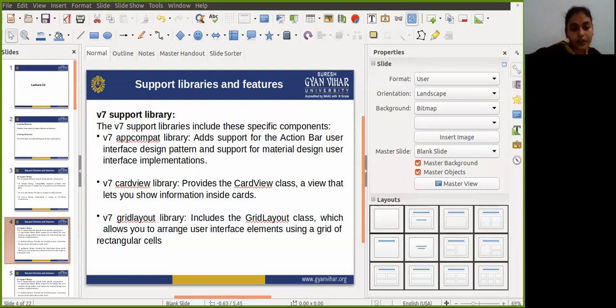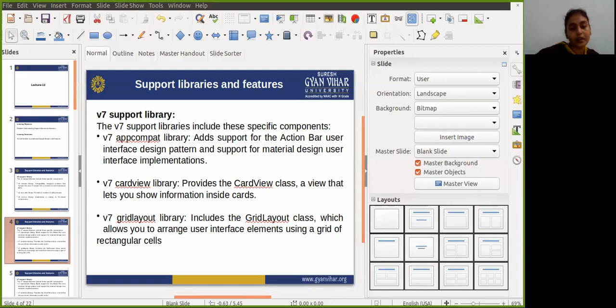The version 7 support library includes these specific components. The first component is the v7 appcompat library. It mainly supports the action bar user interface design pattern, and support for implementing material design user interfaces. Next component is the version 7 cardview library.